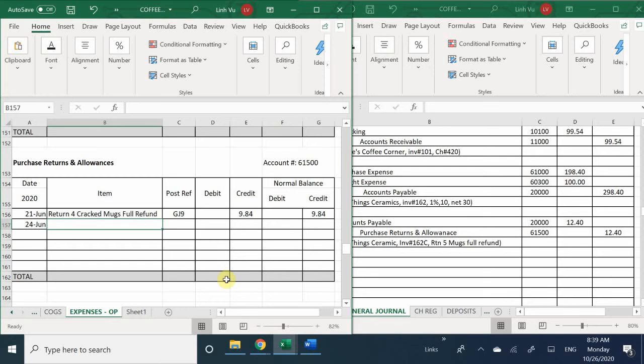And then for the date, we do the date and description. I put return 5 broken mugs for refund. GJ 13. Credit 1240. Bringing our grand total to be